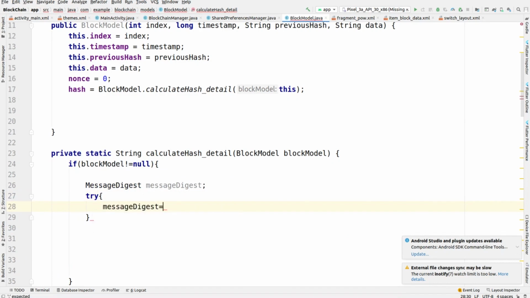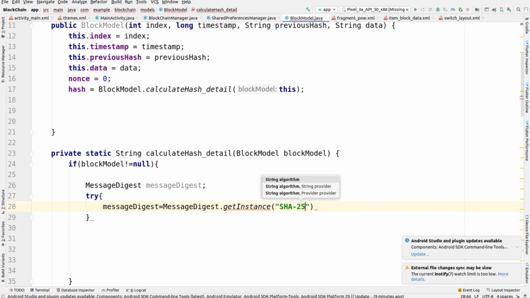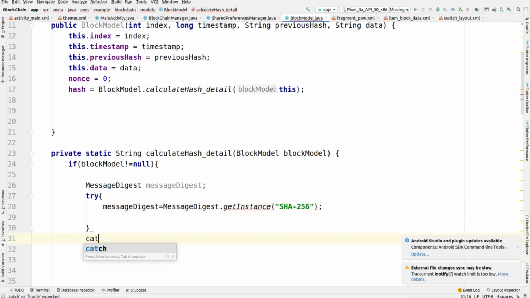So first of all the try block will be there. MessageDigest is equal to MessageDigest.getInstance. We are taking the instance of message digest, and then we are using the cryptography hash function